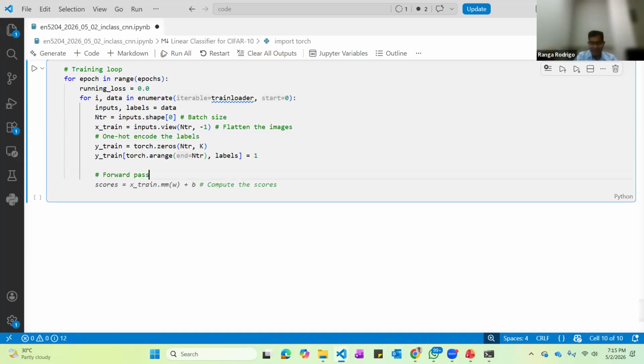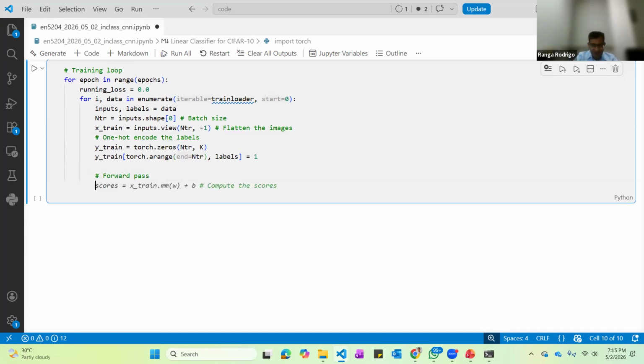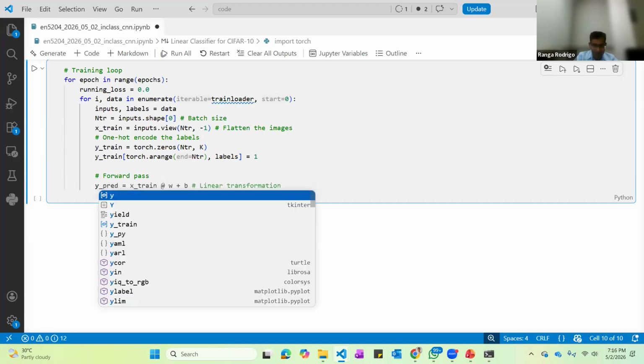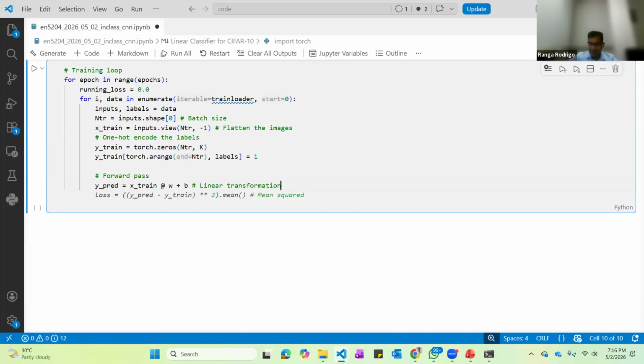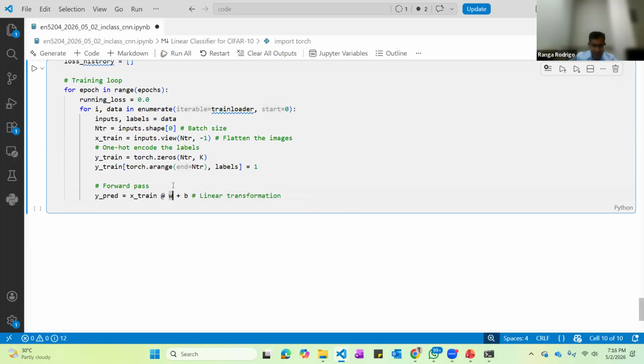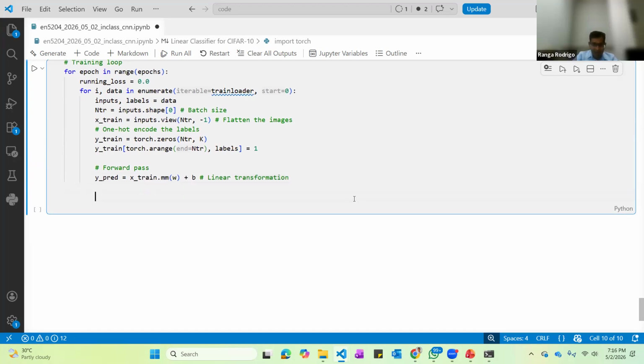Forward pass, it knows what I'm doing. So scores: you can see x_train matrix multiply with W, plus B. This is a score. I will call it y_pred. y_pred equals x_train matrix multiply W plus B. I will write torch.mm here because we are using torch. mm(x_train, W), matrix multiply W, that's correct. Plus B. Then the loss calculation,